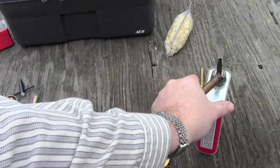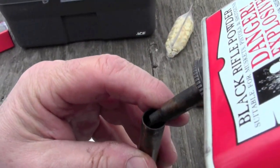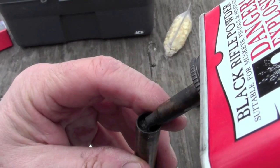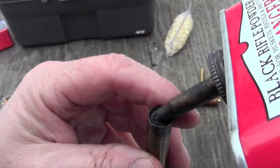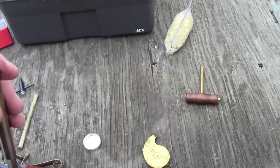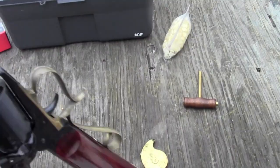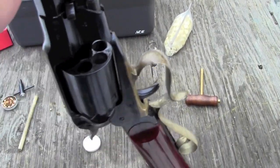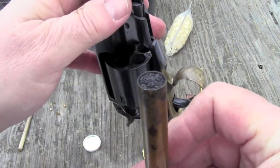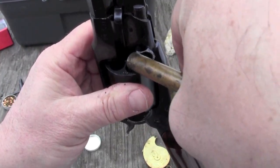Well, loading the Remington revolving carbine is essentially the same procedure as loading the comparable Remington revolving handguns. The only difference is I'm going to put more powder in. Typically I'd use a 30 grain charge for the handgun. I'm going to use a 40 grain charge here in the rifle. Give it a little more oomph. But, you know, we pour out a measured charge, drop it in,